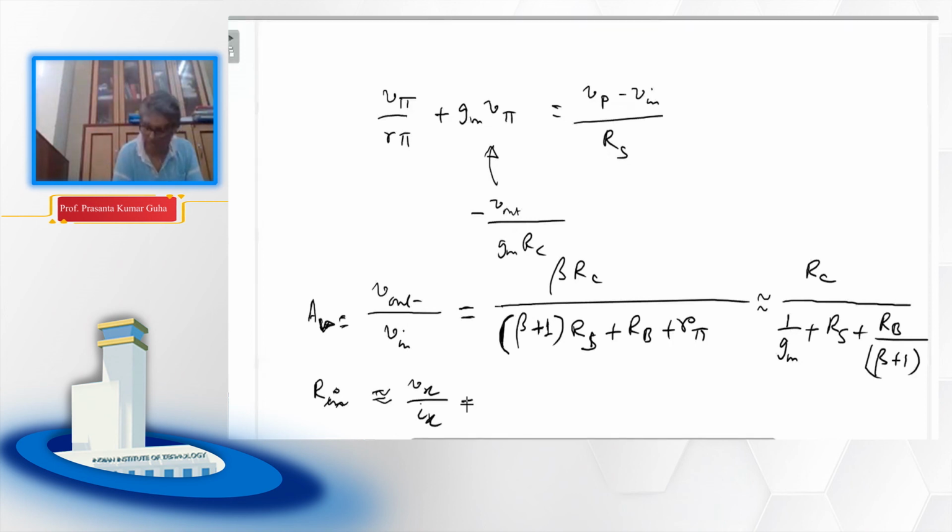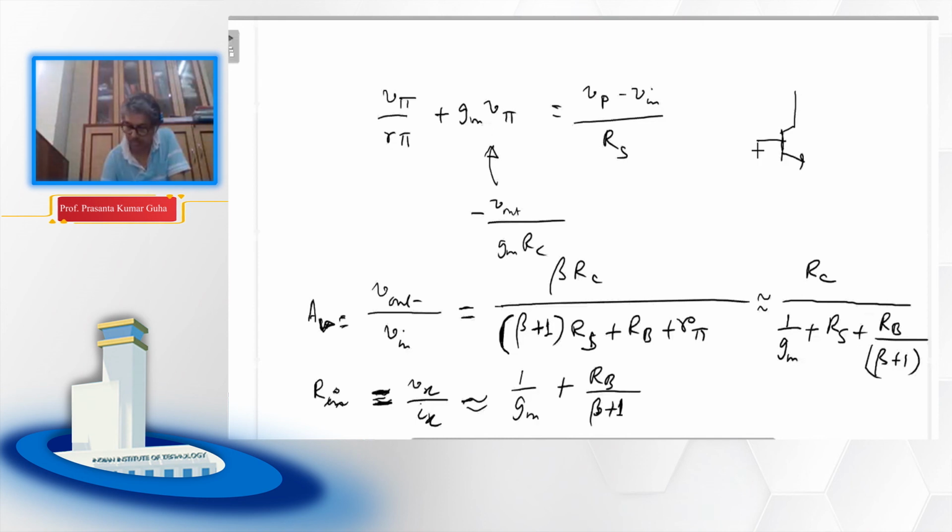Again, I hope you will be able to do it. Okay, so that will come as 1 by GM plus RB over beta plus 1. Okay. So you see, in other words, if you look at your base, this is your base